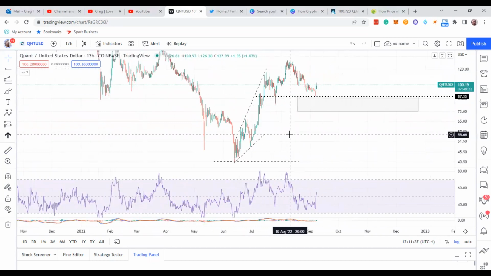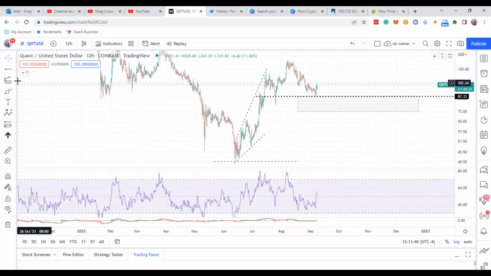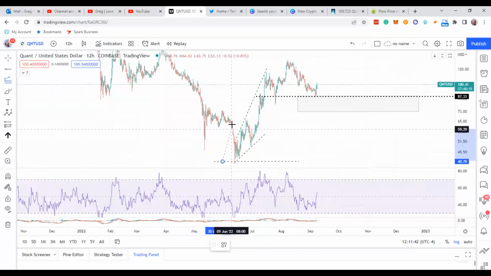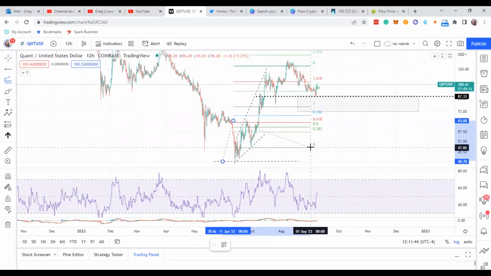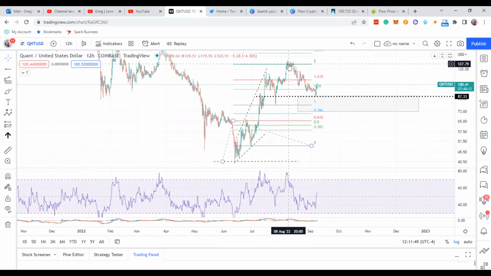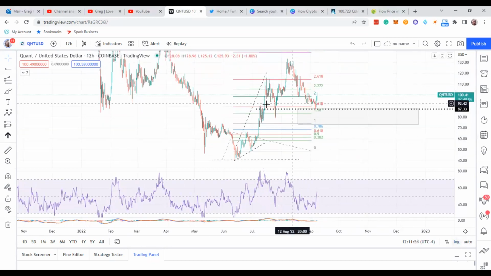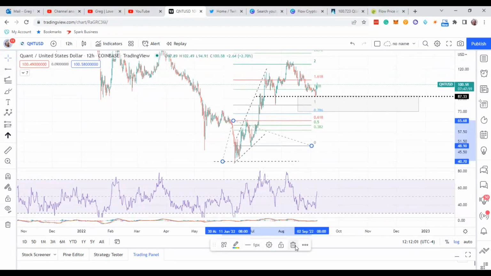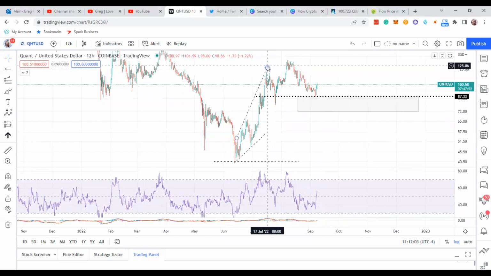And also, I put this in another video, if you check a Fibonacci retrace on this wave 1 and retrace on the wave 2, you can see logarithmically at 1.618, 2.0, that's actually really perfect for a 5-wave sequence. You take it off a log, then you have a 1.618 up here and a 2.618. So it's going to just kind of depend on how you think that this ended. If it did end there, it actually could have had a 3-wave swing and then did a 5 down this section too. That is possible that a coin like Quant could have done that.